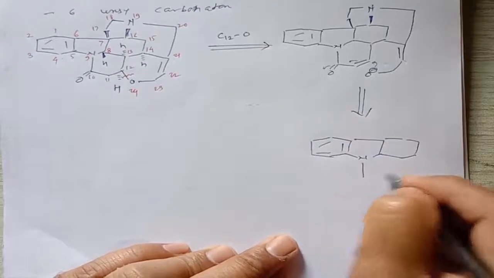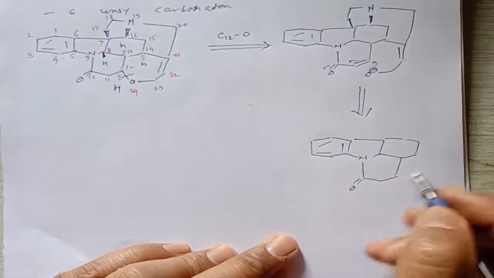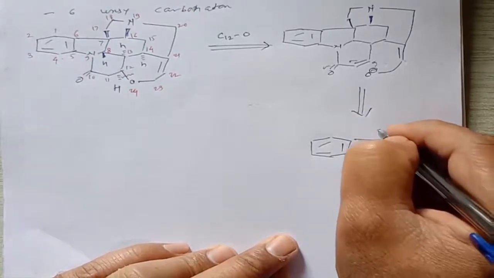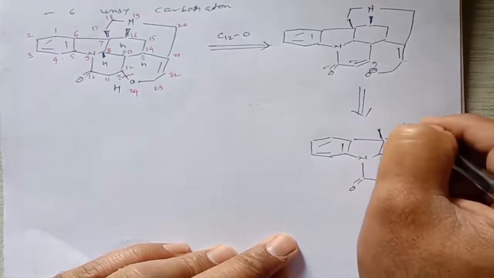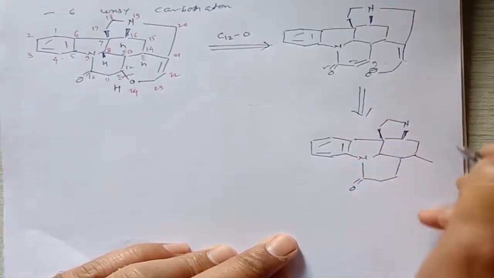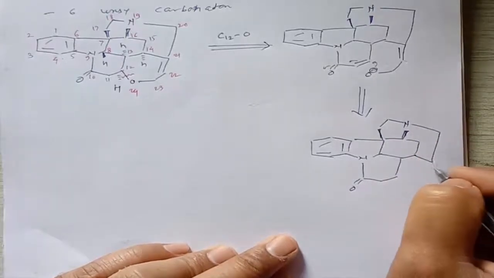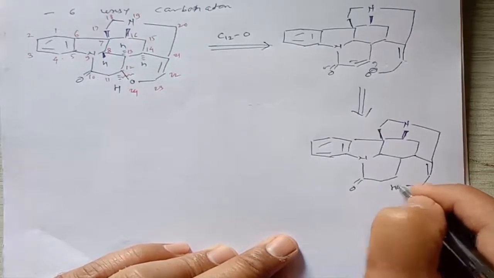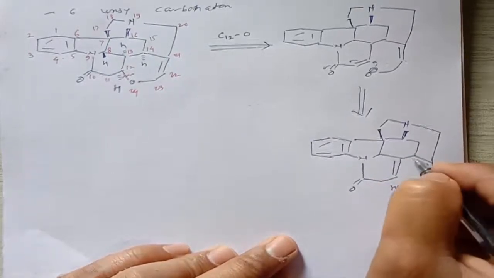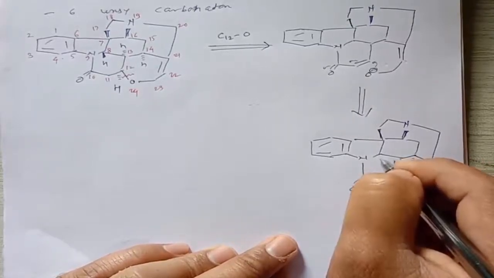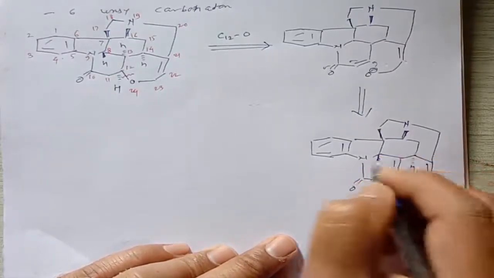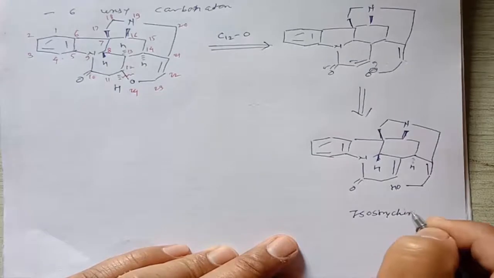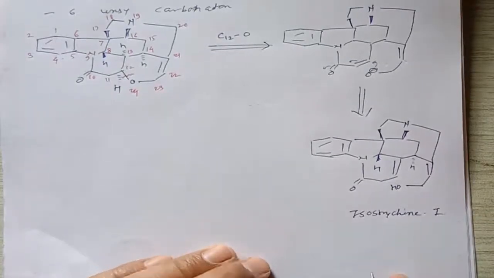So it has an aromatic ring, and this is a 6-member ring containing a carbonyl functional group. It has this carbon which is above the plane, nitrogen above the plane, and it has a structure like this. Then this bond will be a double bond, then CH2, then here is OH, and this bond will be shifted here, the hydrogens which are below the plane, so this is above the plane, right? And then this molecule is called isostrychnine. So this is called isostrychnine first, right?